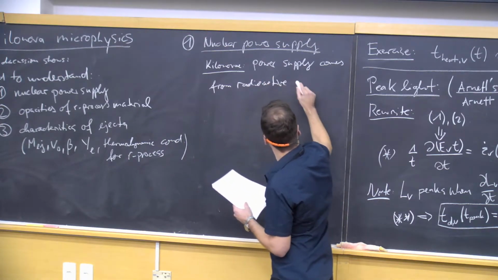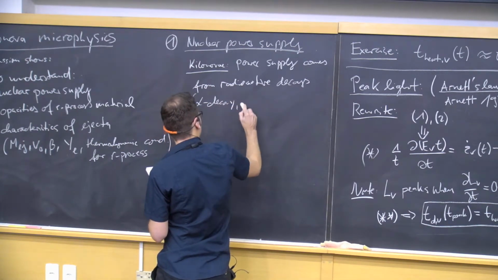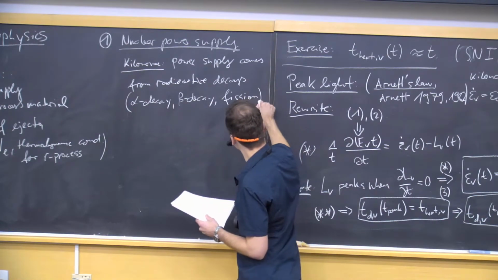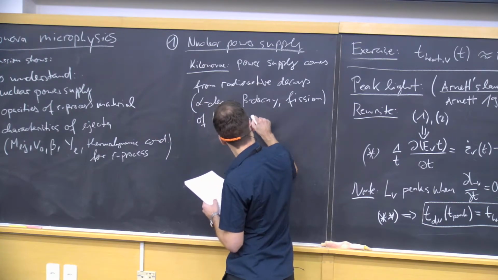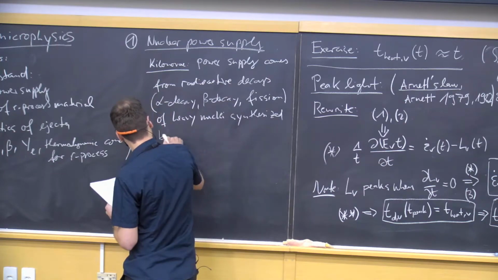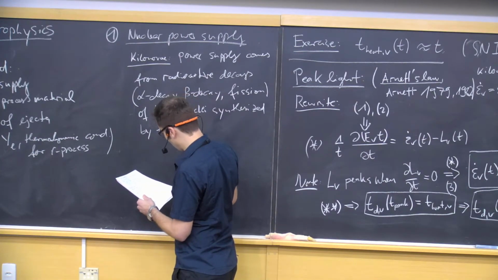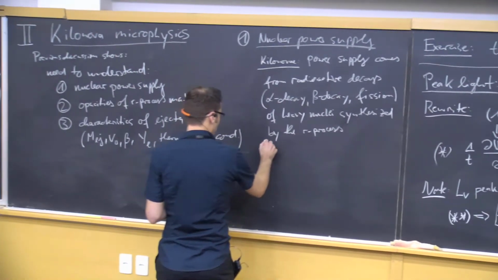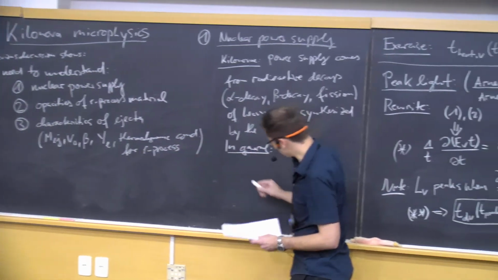radioactive decays, and by that I mean alpha decay, beta decays, and also fission of heavy nuclei synthesized by the r-process. And how we get those, I'll show you later this afternoon. So, in general, this r-process heating